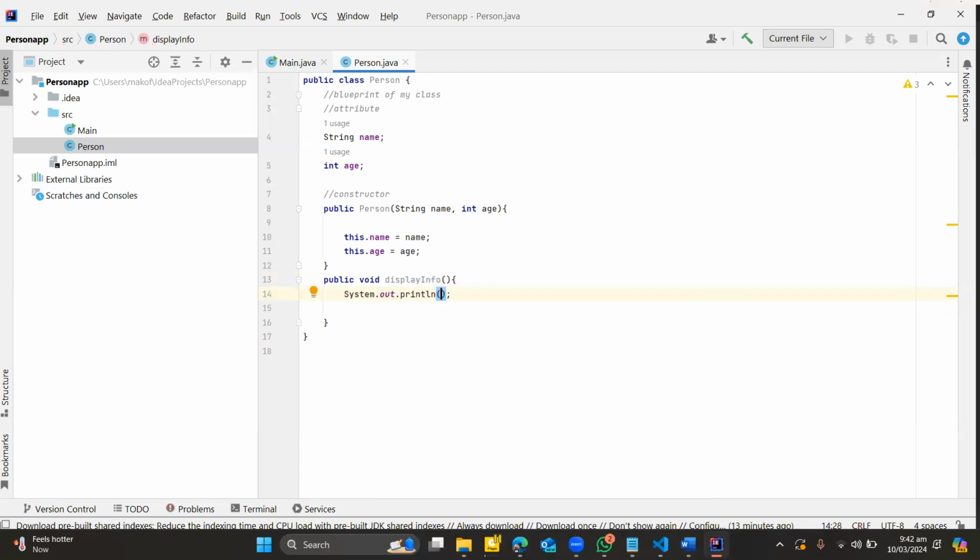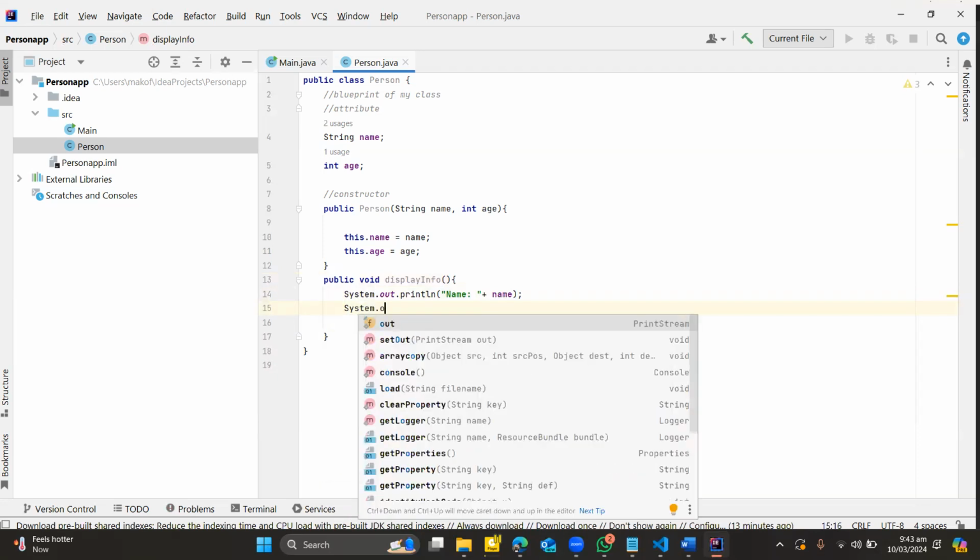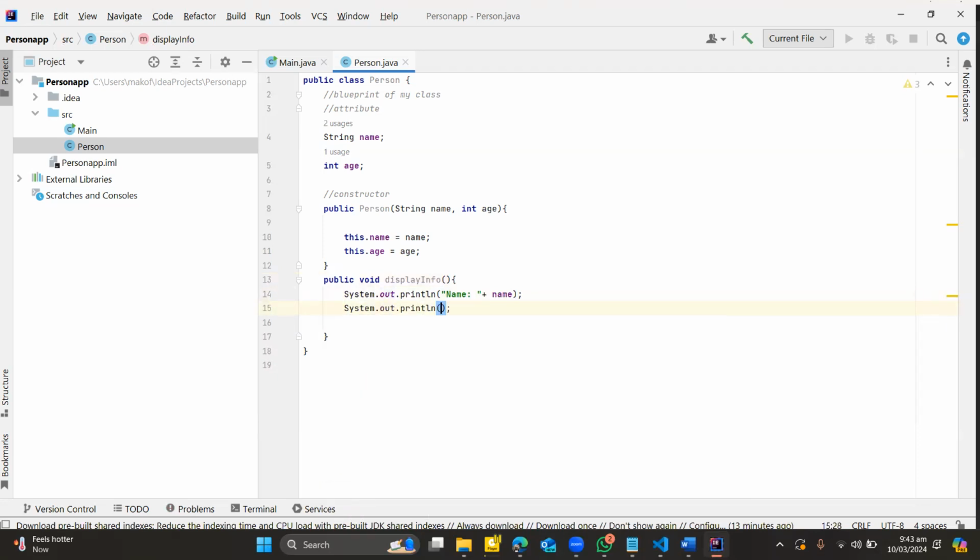system.out.print name plus name, so semicolon over here, space, and then I'll add a plus here, is equal to what? Name. Great. And then here I have system.out.print. I have age